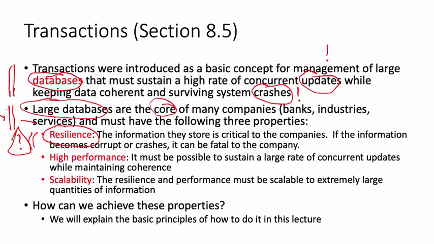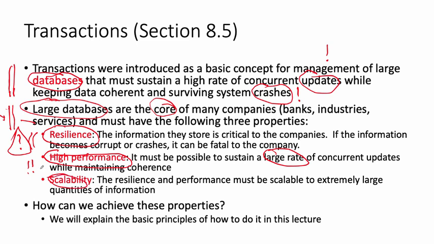So the crash can happen anytime during the update or after, and the database must survive. So this is why it's implemented. The second is performance. So we really are very demanding on this thing. Databases, it's not enough that they survive, they have to be fast, because the bank will have customers, and if the customer has to wait days for doing a transaction, the customer will not be happy and will go to another bank. So the transactions have to be done quickly, a large rate of concurrent updates, and finally,